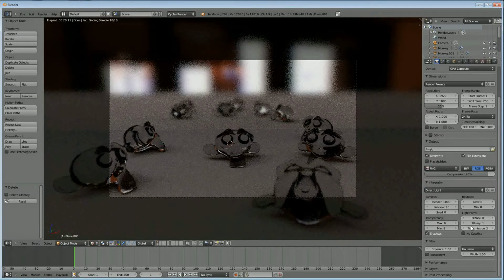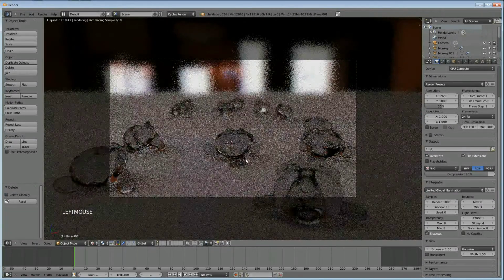Anyway, you would have to play around with these values a lot, but the bigger is not necessarily the better. You can read up on the internet if you want to go really in depth, but I usually like to use one of the default presets here and play around with those. So I'm going to change this to limited global illumination on caustics, with caustics, and you can see we have